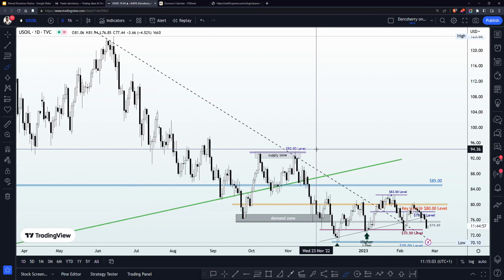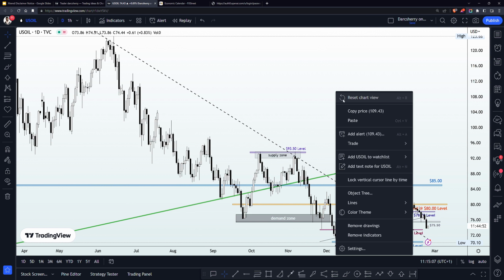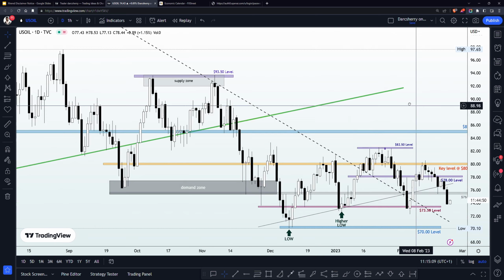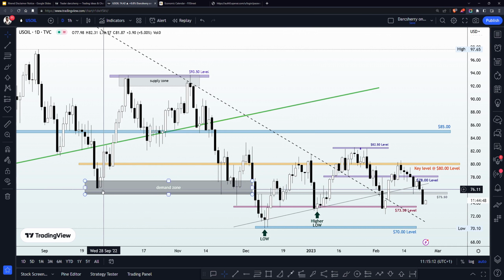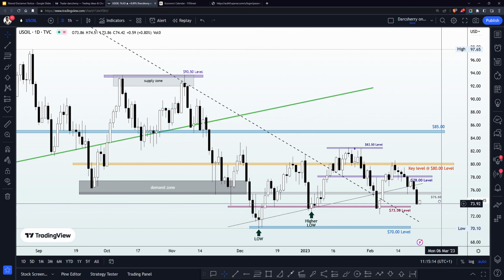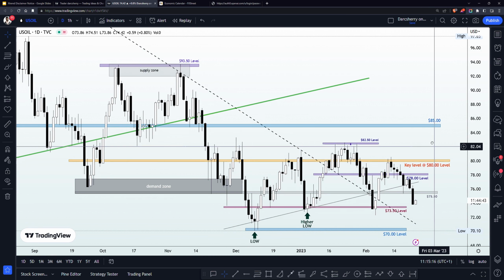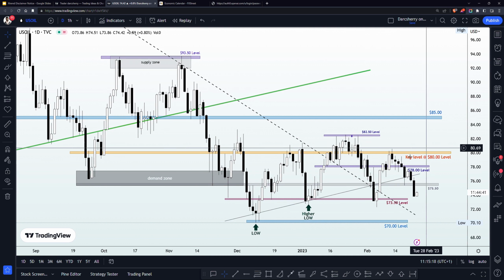And as you can see, price had consistently respected that bearish trend line. However, when we zoom into structures probably between the month of September and this present moment, one thing you would observe is that price action had been caught within a consolidation phase.